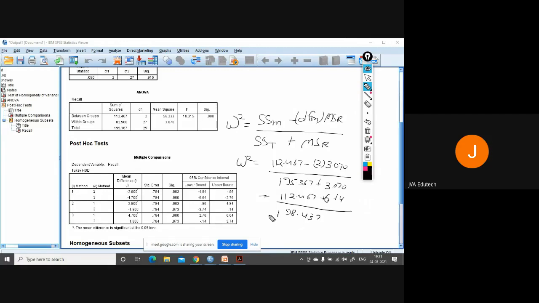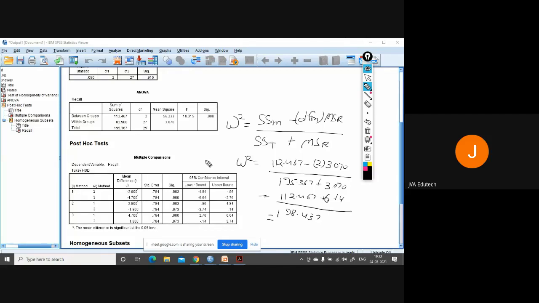So 112.467 plus 6.14 is equal to 118.607, divided by 198.437.